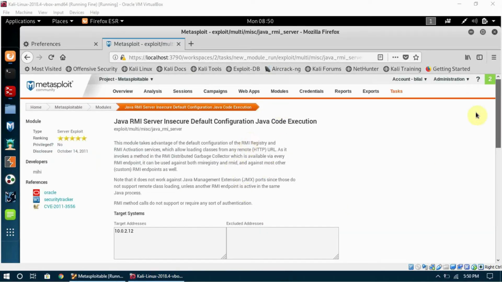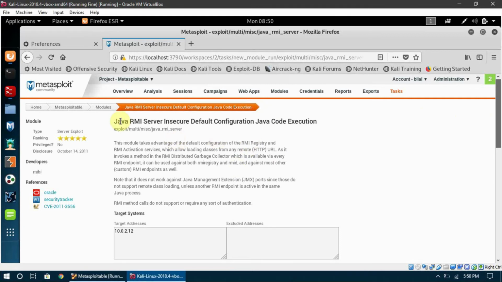It is opened now, and we can see that it says Java RMI server insecure default configuration Java code execution. So it is a misconfiguration vulnerability, and that misconfiguration allows us to run our Java code on the machine or on the victim or on the server we are actually trying to hack.